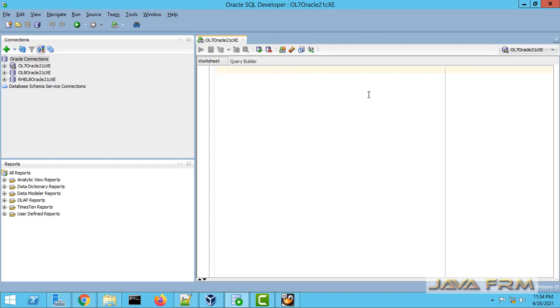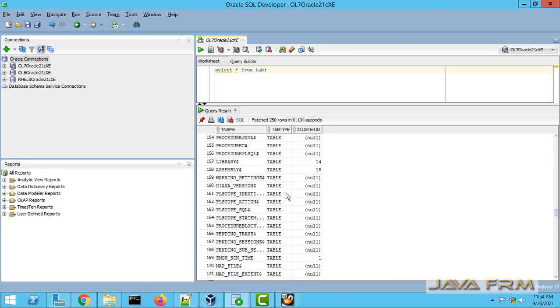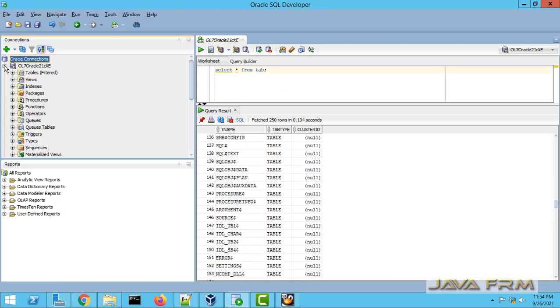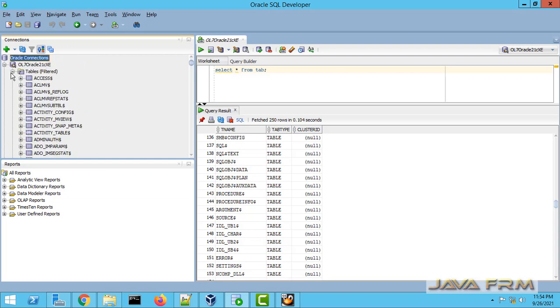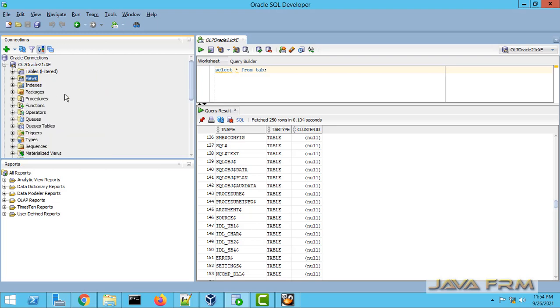So now I am able to connect to Oracle Database 21C Express Edition outside the Linux box, that is from my SQL Developer. It is successfully connected. So you can see all the objects are getting listed here. So Oracle Database 21C Express Edition installation on Oracle Linux 7 operating system is successful.